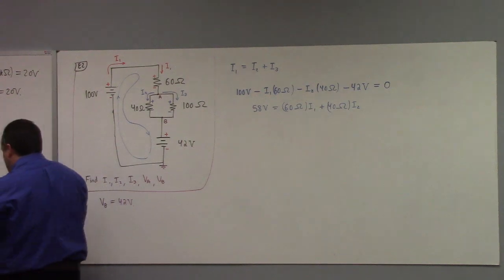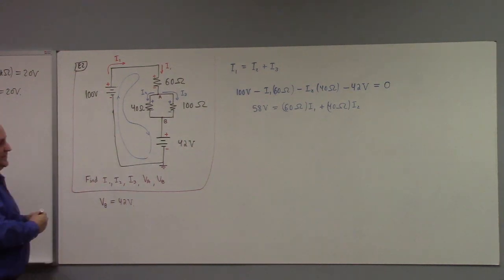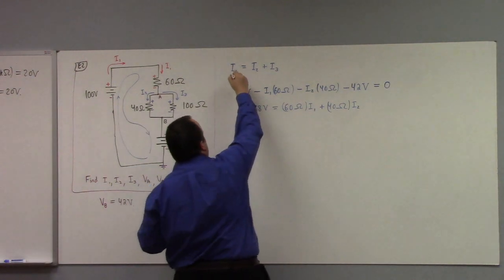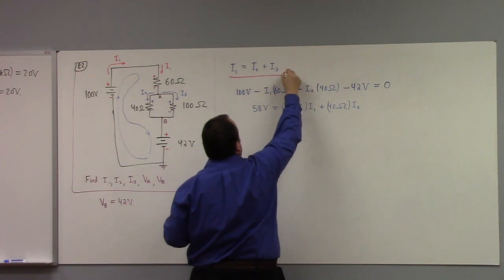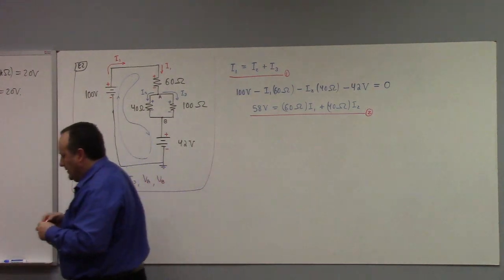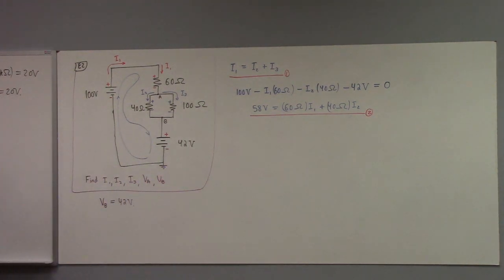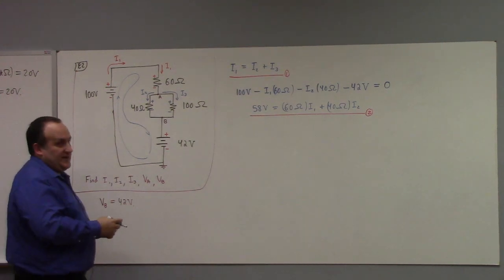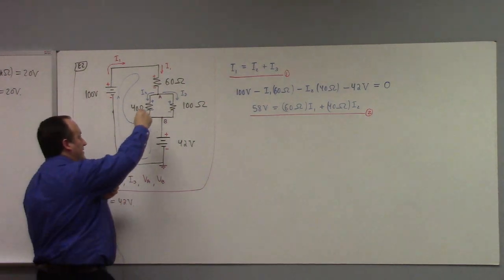What else do we have? Can you guys tell me anything else? What part of the circuit have we not used? This is equation 1. This is equation 2. There's a third equation to see here, which is what? What have we, yeah. We forgot the 100. I didn't forget it. I just haven't used it yet. So the other thing we could do is go,